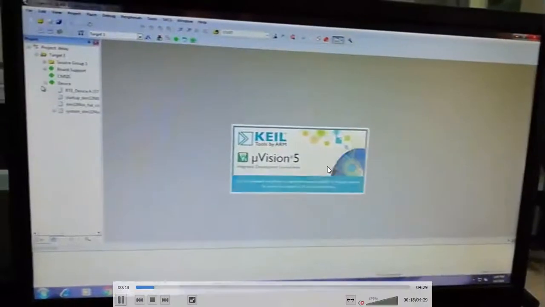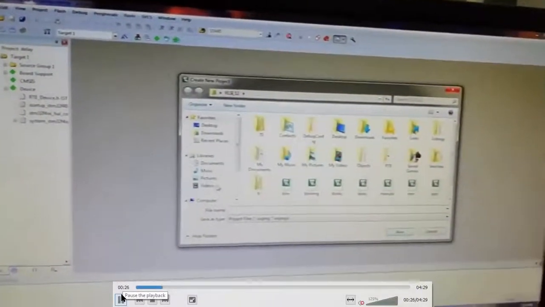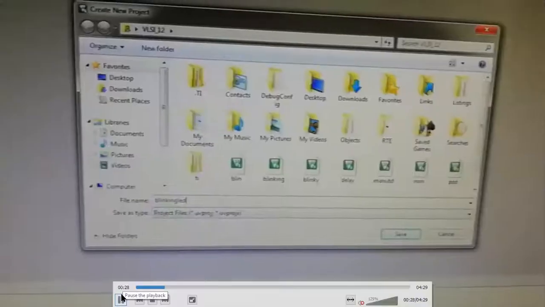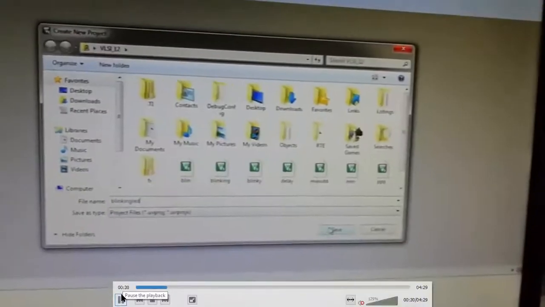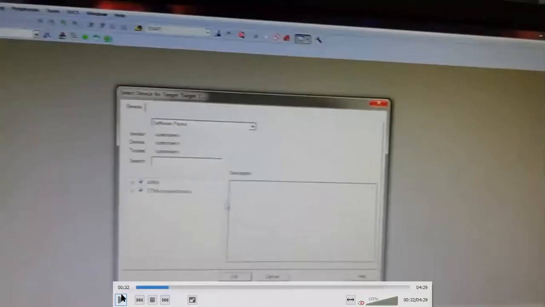We are writing in C. Open the Keil version, go for a new project, give it a name like blinking LED, and save it. In the simulation we used the legacy part, but here we will be using the boards directly, so we go to the hardware section.